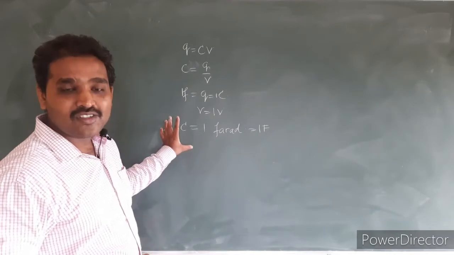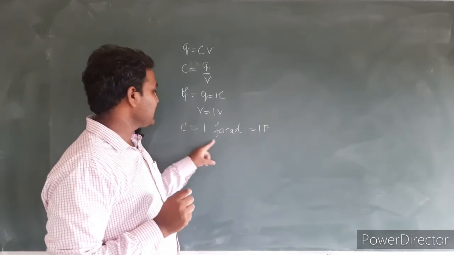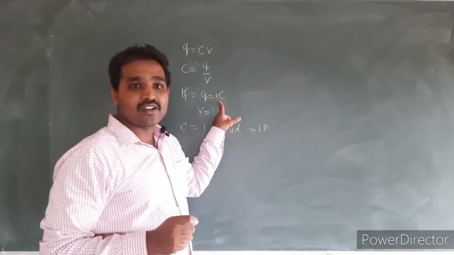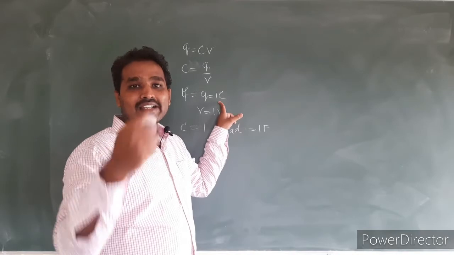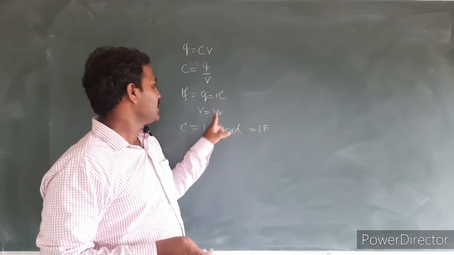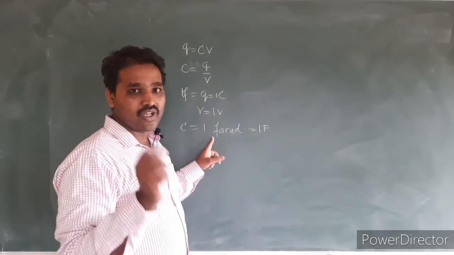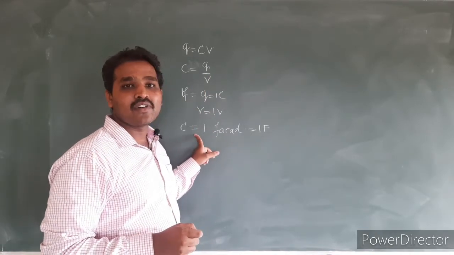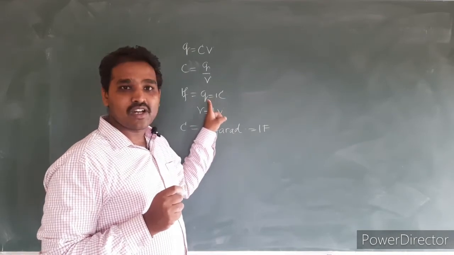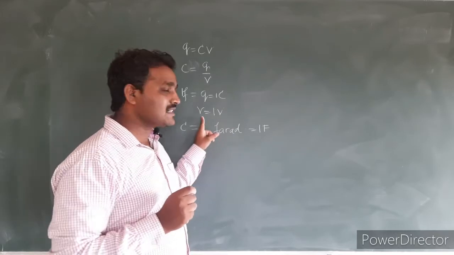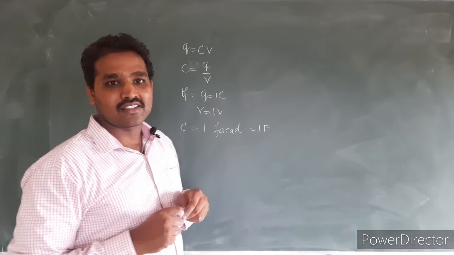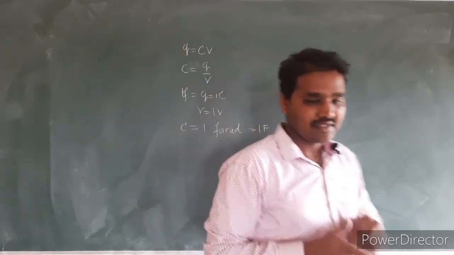The capacitance of any material is said to be 1 farad if 1 coulomb charge given to that conductor rises its potential by 1 volt. So this is the mathematical definition of 1 farad capacitance. The capacitance of any conductor is said to be 1 farad if 1 coulomb charge given to that conductor rises its electric potential by 1 volt. So this question is asked for 1 mark. Yes. Next we have